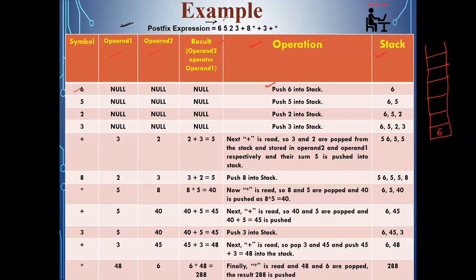Okay, so next time after 6 we will encounter 5. So whenever 5 we are reading, again the same operation we are doing, we are just doing the push operation over 6. Third, you are encountering 2. So now whenever 2 will be encountered, the same procedure will follow and will push the value on the stack top. After that 3, so the same operation will push the value into the stack. Okay, so that means initially whenever you have encountered 4 operands, we are not doing anything new. You are just doing the push operation one by one into the stack.